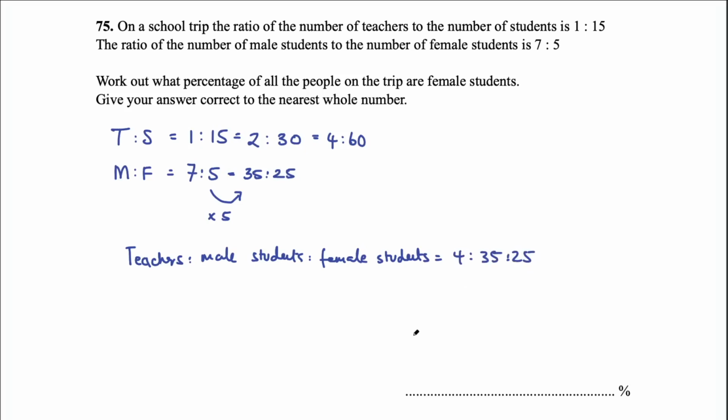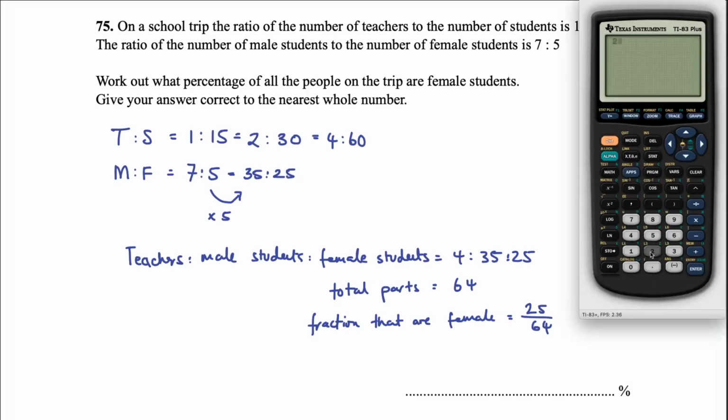Why did I do all that? Well, because now I can write the fraction of female students out of the total. So the total parts of this ratio here would be 4 plus 60, so 64. And then the fraction that are female students would be 25 out of 64. And then all we need to do is to convert that to a percentage. So to do that, we do 25 divided by 64. Multiply that by 100 and we get